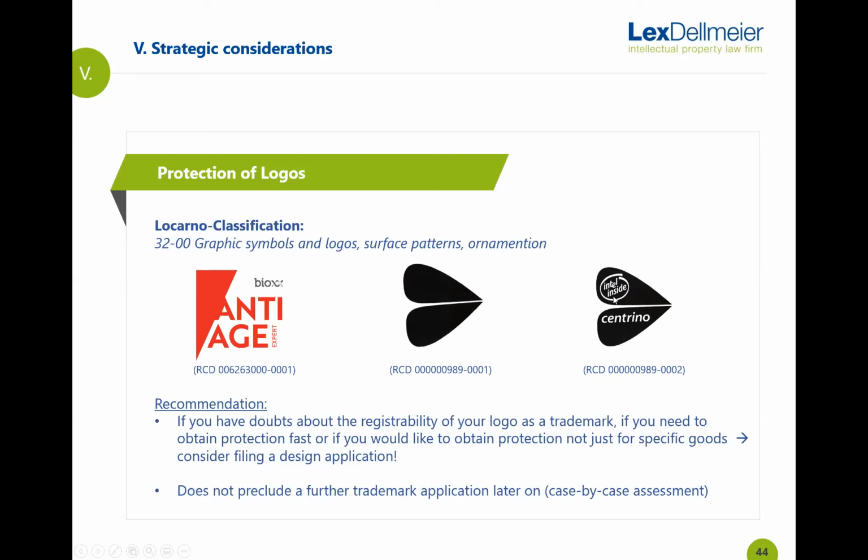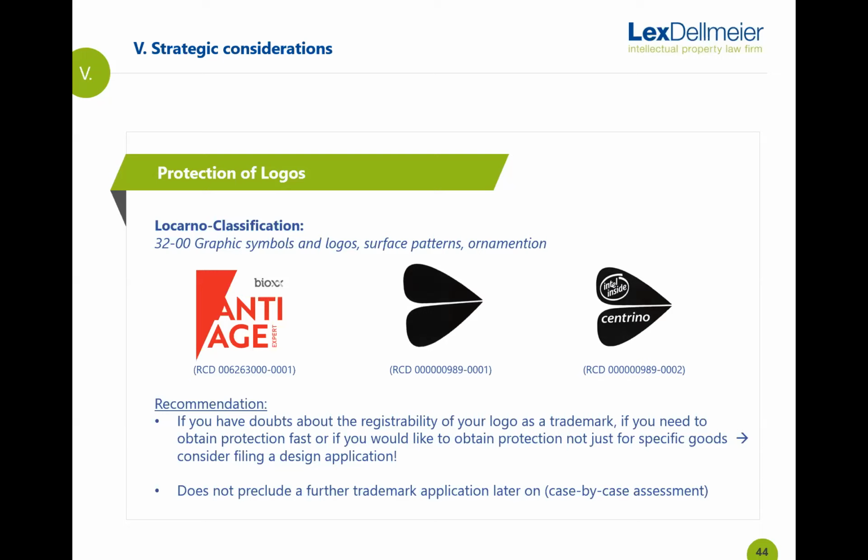This was the first one, the Intel butterfly that we had seen at the beginning of the presentation. So here it's quite interesting from a strategic point of view. Of course, there is trademark protection on these logos too. So what Intel did at that point in time, these are rather old logos here from 2003, is that